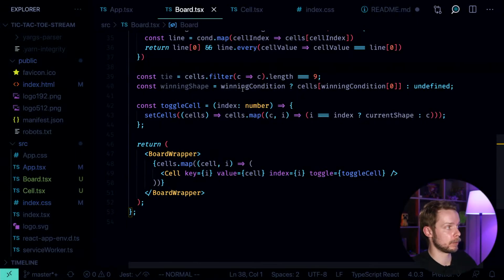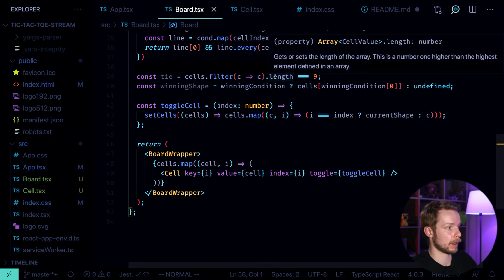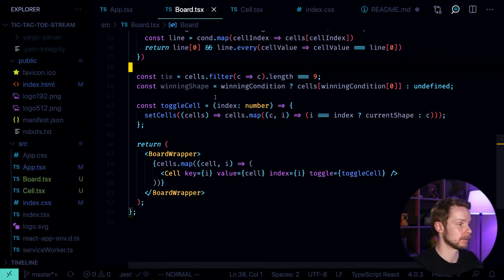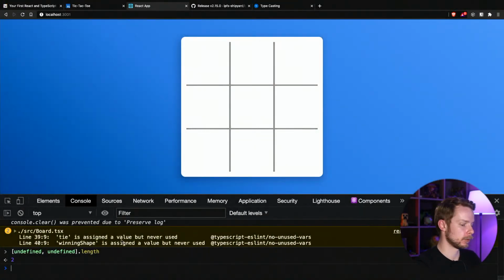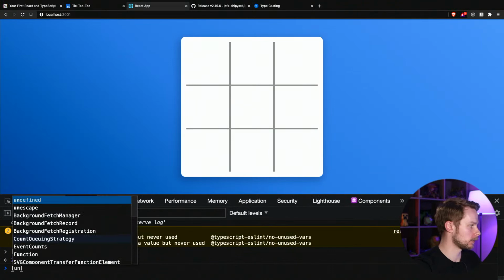So we need to filter out the empty cells, because the array of cells is always 9 in length, because we have 9 cells. They can just have the value of undefined, but it is still a cell. This is why we're doing filter, for example, let's say undefined,